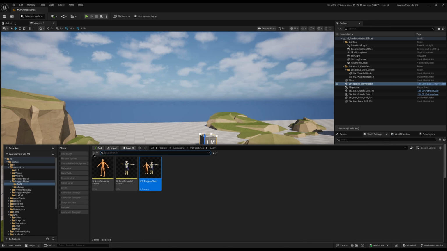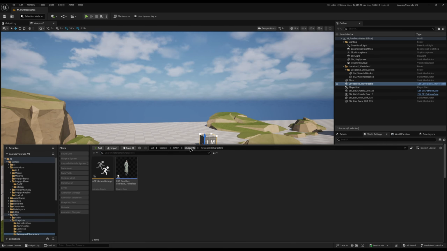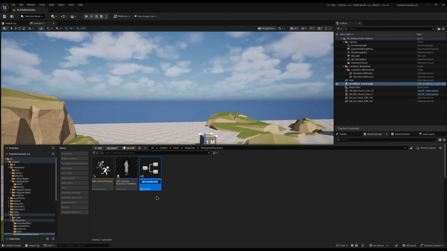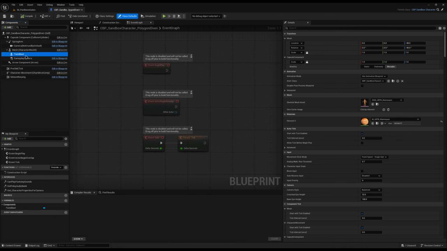The final thing I'm going to do is come back to the Gasp characters folder. We have in the blueprints retargeted characters folder, our Twin Blast character. So I'm just going to duplicate this. And I will call it Sandbox Character Polygon Elven. And I'll open this up. And then simply select the